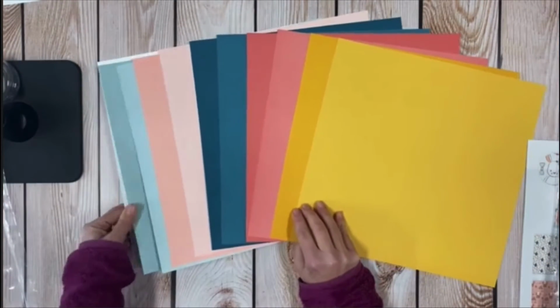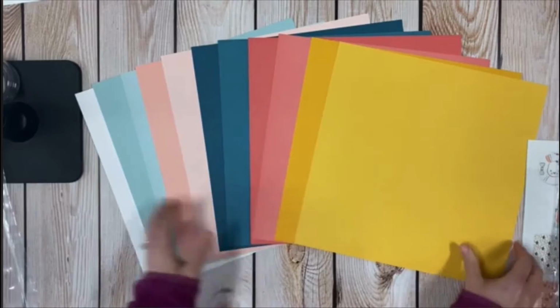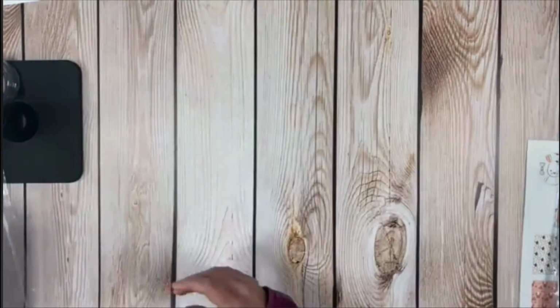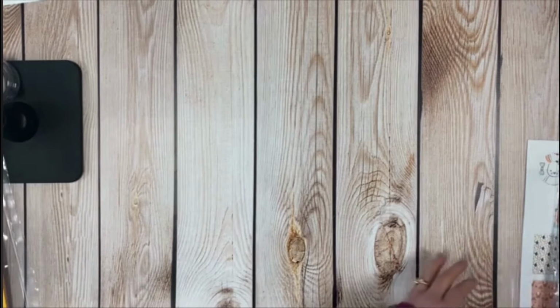The only other colors that are not double-sided are our white daisy, our French vanilla, and our black. Those are just the same on both sides, okay? So I'm going to set the cardstock. That is $9.95 for all those sheets of cardstock, for 12 sheets of cardstock. And then we're going to move on to